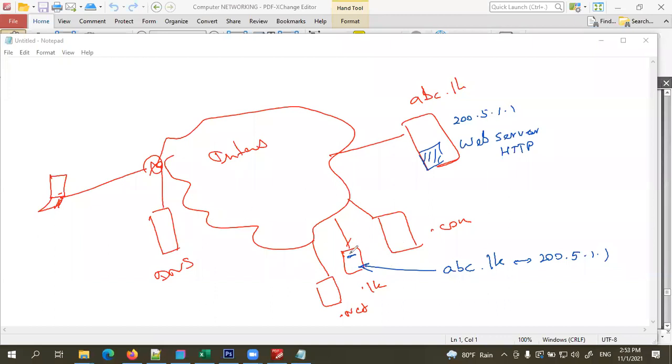Now this .lk registry, our record is there. These are DNS servers and these are also DNS servers. .lk, .com, these are called top level DNS servers. .com, .org, .net, .gov, .uk, .in for India, .jp for Japan. Country-wise top level domains are there. Again, some organizational category type top level domains are also there. .com is commercial, .org is non-profit organizations, .gov is government, .edu is educational websites. Those are category-based top level domains.